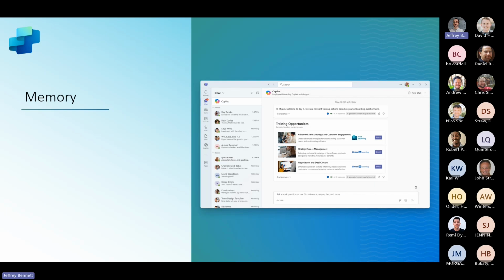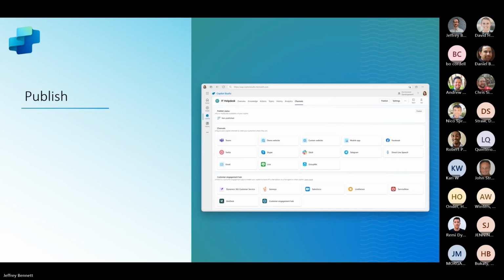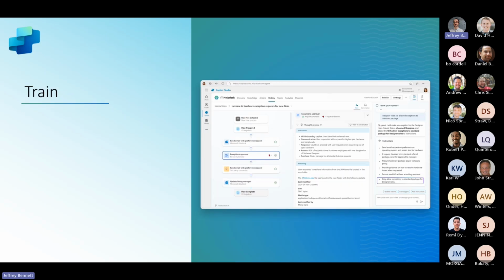You can also collect memories, like information or entities from end user interactions to provide context across scenarios for much richer interactions. And then you can publish a Copilot across several different channels, including Copilot for M365, Outlook, and even in Teams. Each Copilot records a comprehensive history of activities, including interactions, actions that they take, and feedback that they receive. This means that creators can identify learning opportunities and fine-tune behavior to improve end user experiences and business outcomes.